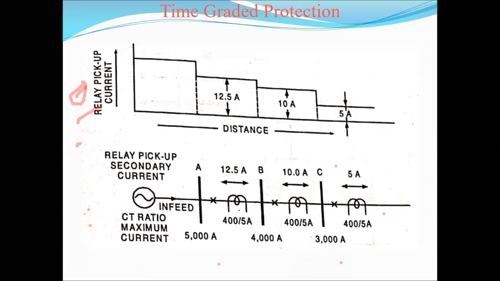Suppose the fault current is more than 12 amperes. In that case, the overall feeder line is disconnected from the system. Why? Because high short circuit currents will cause more severe damage to the feeder lines. That's why when high short circuit currents are obtained at any point of the feeder line, the overall system is disconnected. Okay, understood.